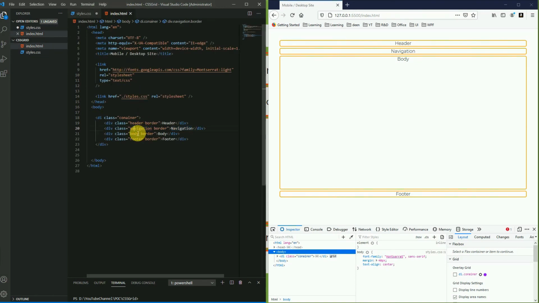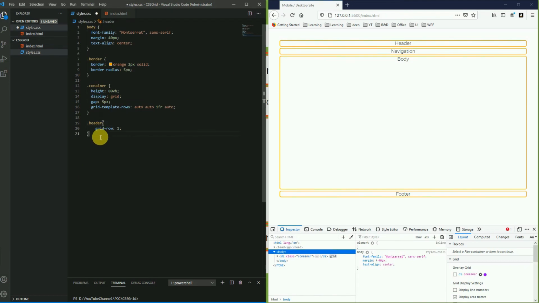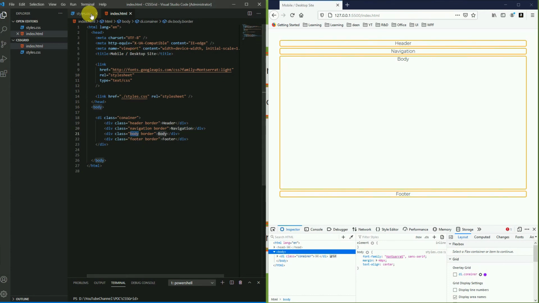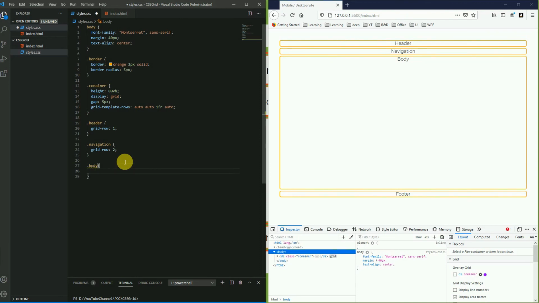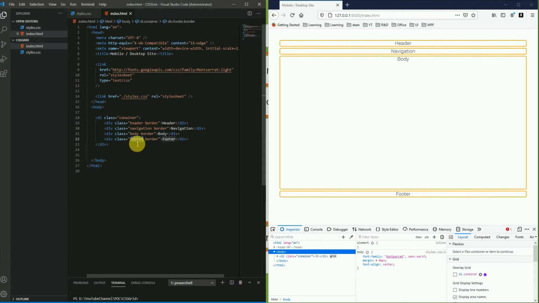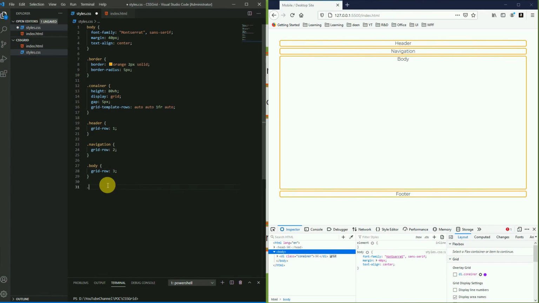We have to specify that the navigation should be displayed on the second row, and the body should be displayed on the third row, and the footer should be displayed in the fourth row. Yeah, so with that we have implemented our first layout.